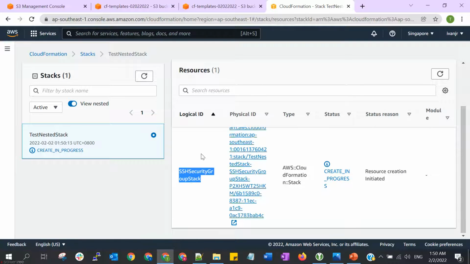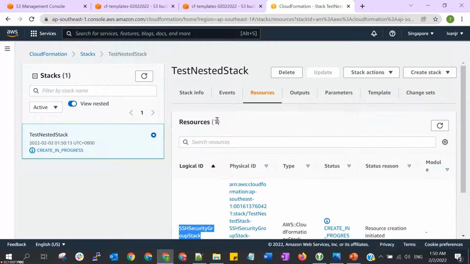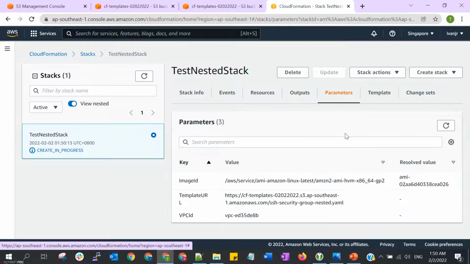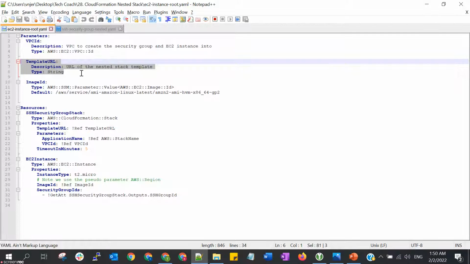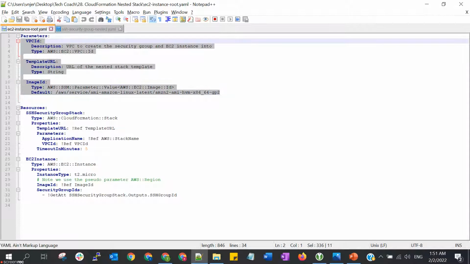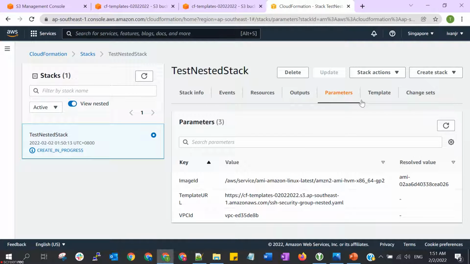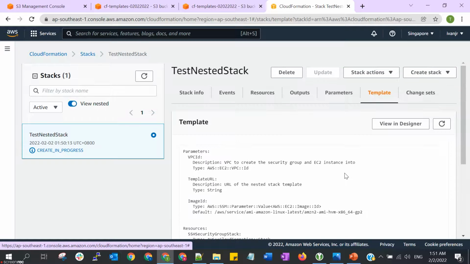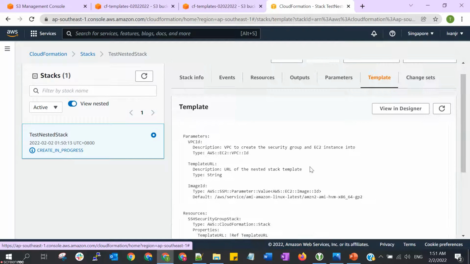First, it is creating the nested stack, the child stack. This is the parameters that we inputted during stack creation, basically these three from the root stack. This is the template that we uploaded to S3 earlier, and we can see the template again from here.